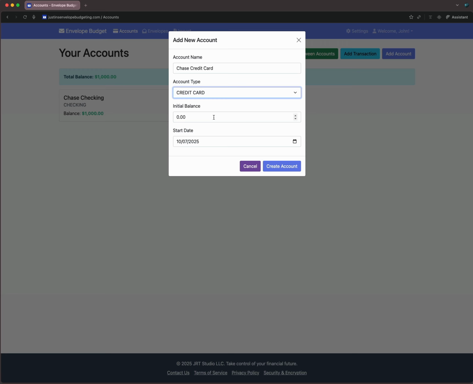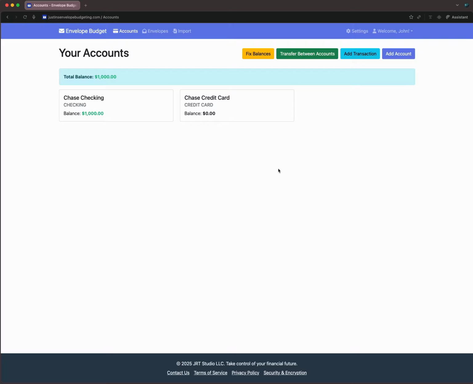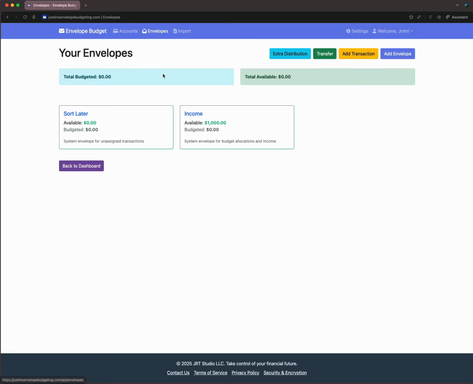It is a credit card, we're going to say the initial balance is 0. And it also started September 1st. And now we've got our two accounts, and then if we go to envelopes, you'll see there are two system